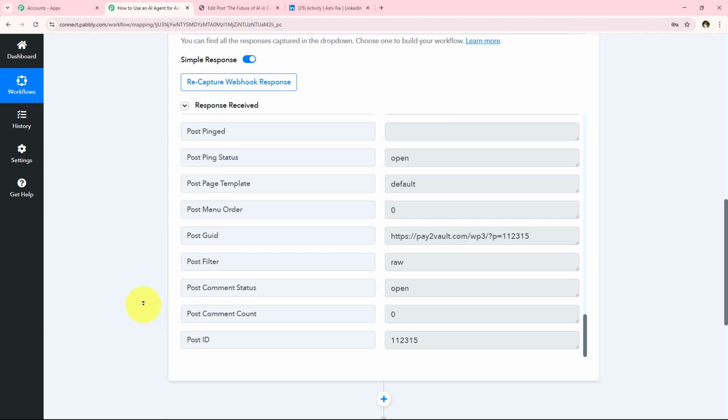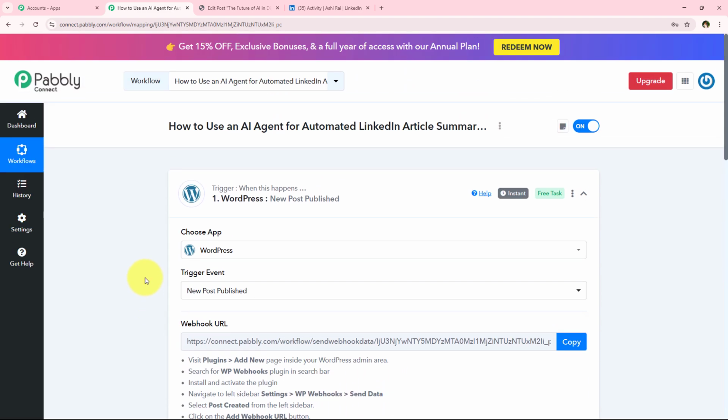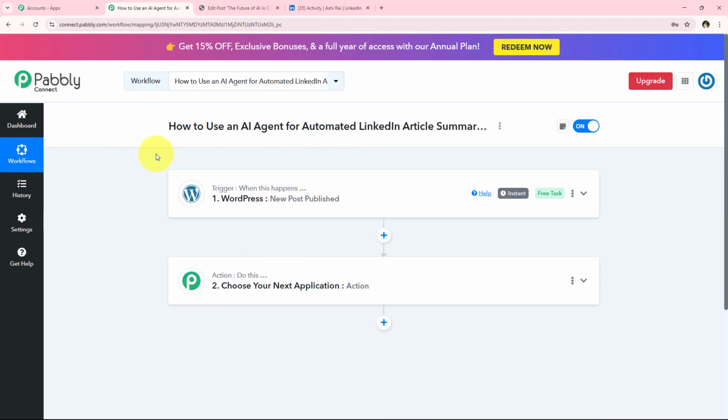So yes, with this we have successfully completed our trigger step, and Pabbly has successfully captured the response. So with this we have successfully completed this step, and now what I want is to use an AI agent for automated LinkedIn article summarization and sharing. I want my AI agent to summarize this post which we posted right now on